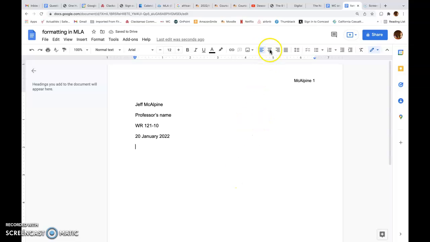Now you're ready to add a title to this first page, and you do want the title to be centered, so you'll just click that center align. These are all the alignment styles: right align, left align, center align. So I'm just going to